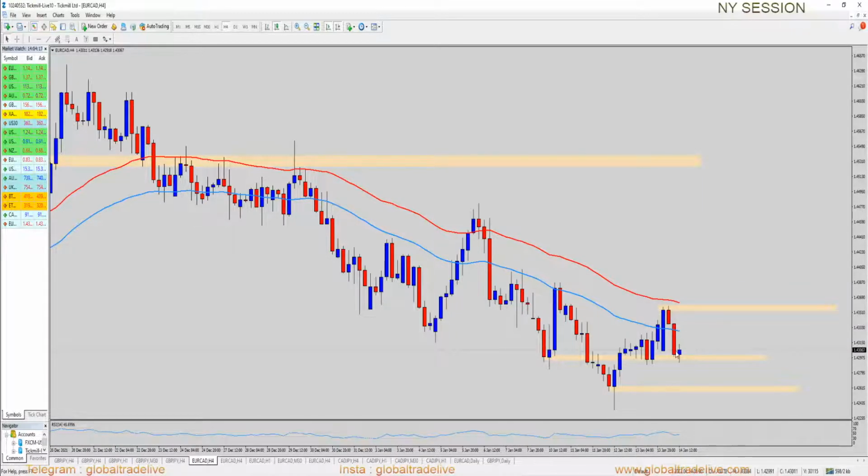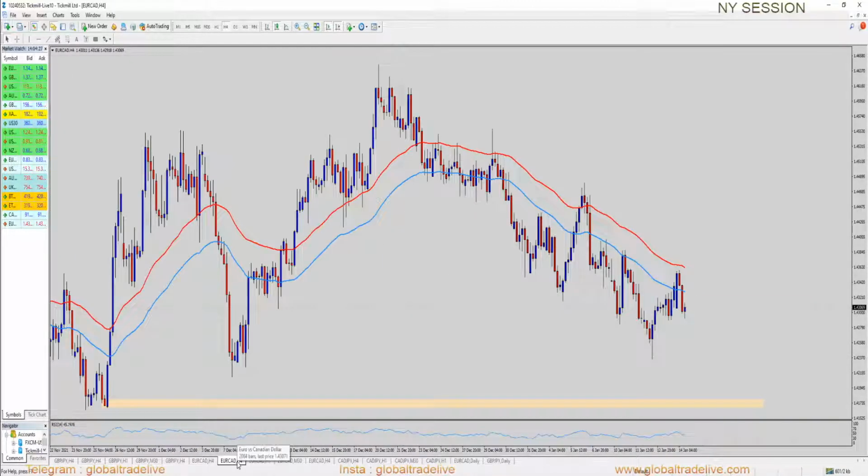So if I'm right and the market will be moving up, then it will be moving up to this level, and then we'll break this level and continue to move up. But also there is a POI over here in EuroCAD 4-hour, and the market is coming down from right like this, and it can really test this POI. But that's a long-term thing, so it can go up and down, do something like that.